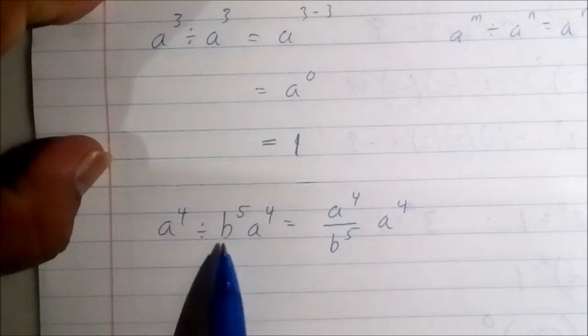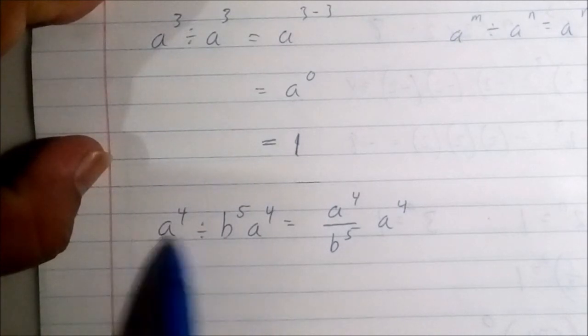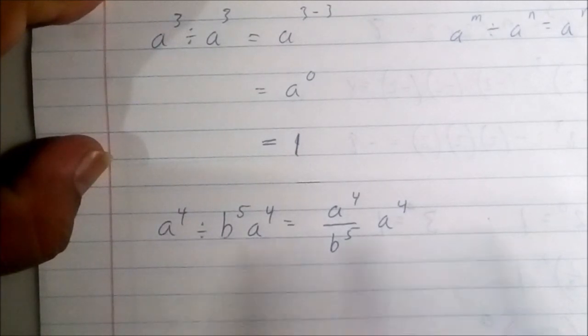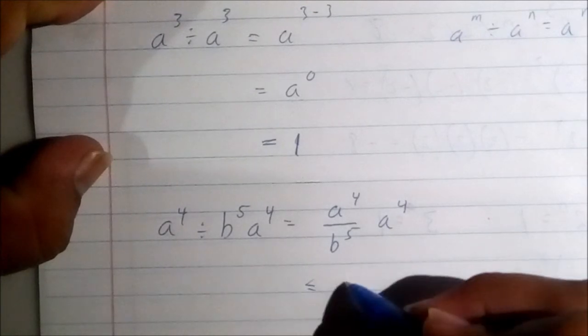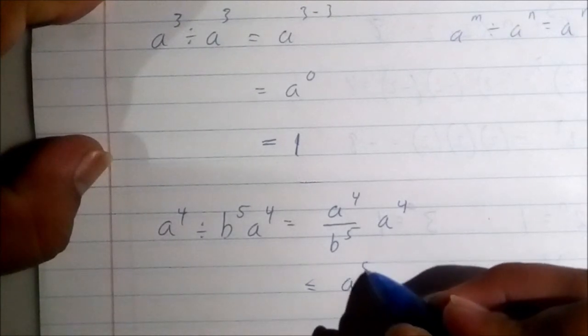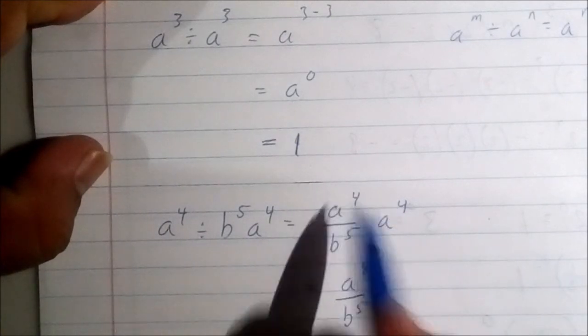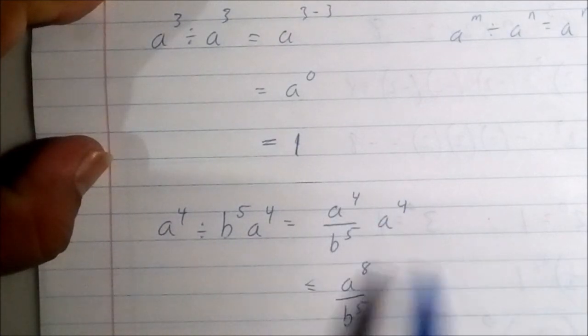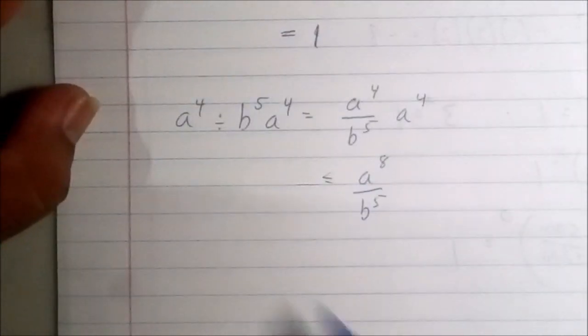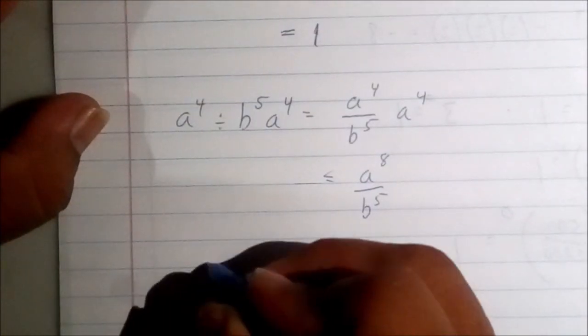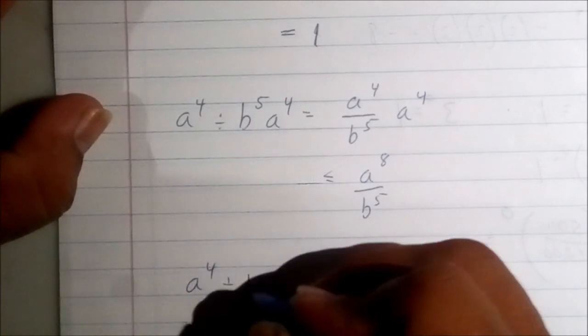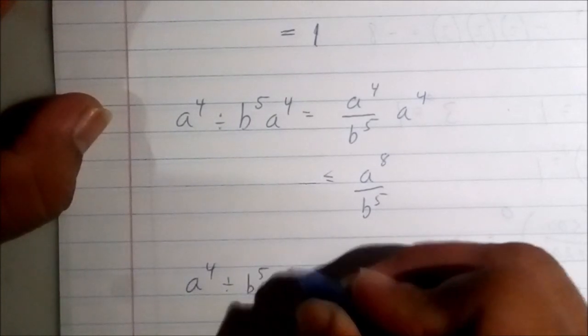We had a problem like this in the previous exercise. We divide and then we multiply. This now would give us a to the 8th over b to the 5th. The powers will not be subtracted. Now let me give you an example where the powers makes it 1. So if I had now a to the 4th divided by b to the 5th, a to the 4th,